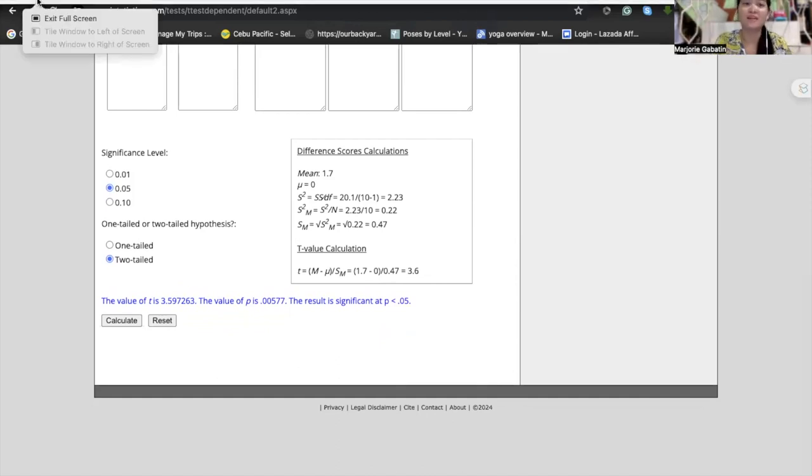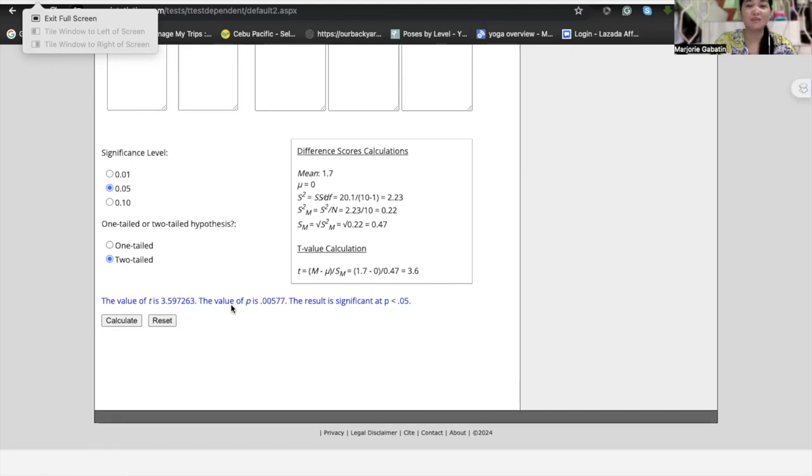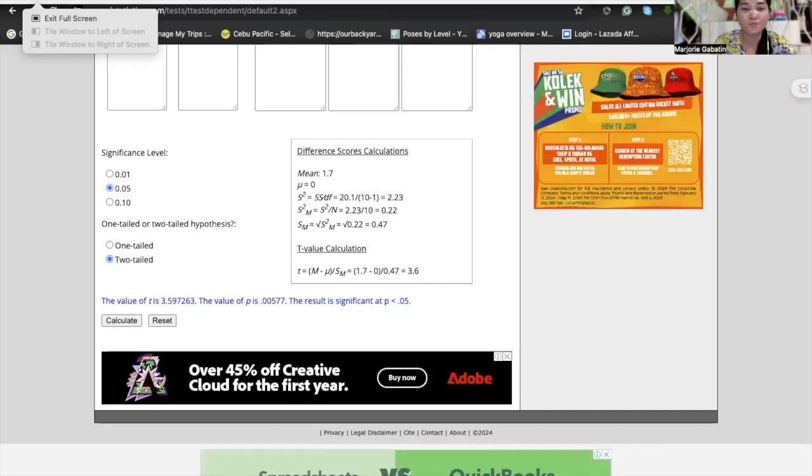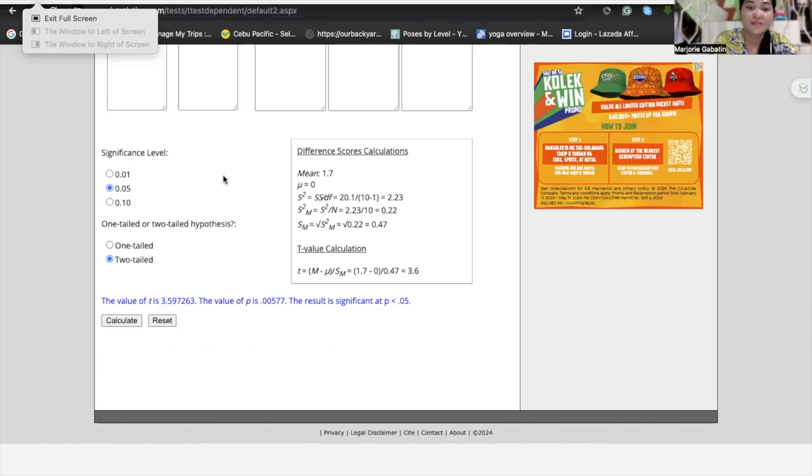So the same thing, class, the procedure is the same. How are you going to write it? Depending upon what hypothesis you use, whether the null hypothesis or the alternative hypothesis, you can reject or accept the hypothesis. If we use the null hypothesis, it says here that there is a significant difference.